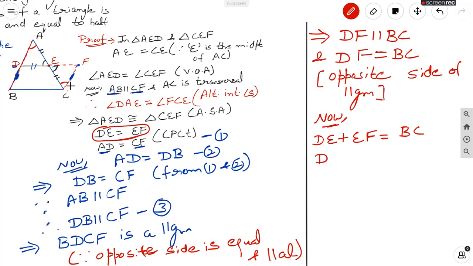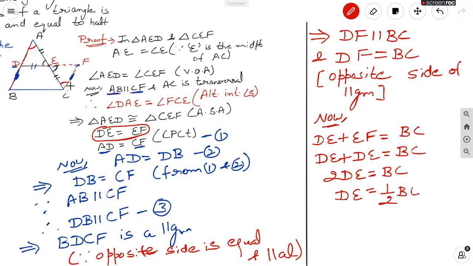So we can write DE in place of EF, and DE plus DE means twice of DE, and it is equal to BC, right? So DE will be equal to half of BC, and that's what we have to prove. One thing which we have to prove, that is DE is parallel to BC, and another thing is DE is equal to half of BC. Hence,